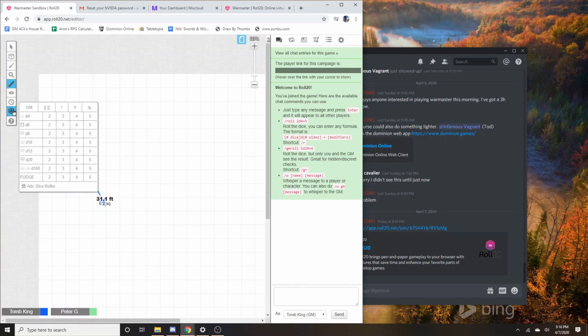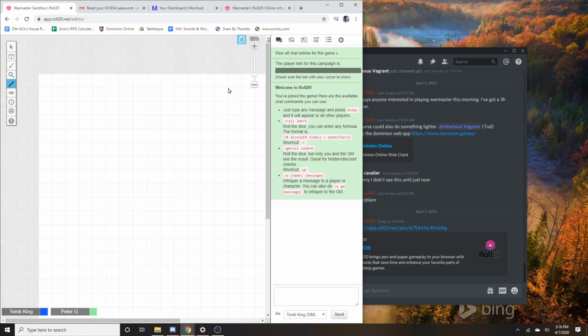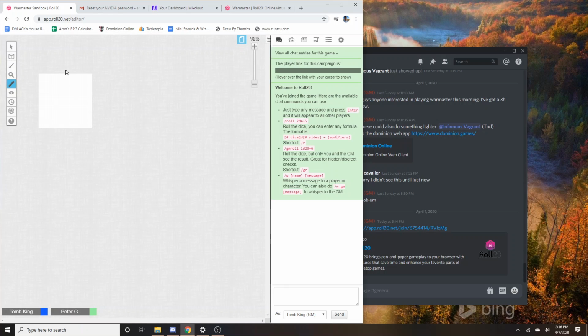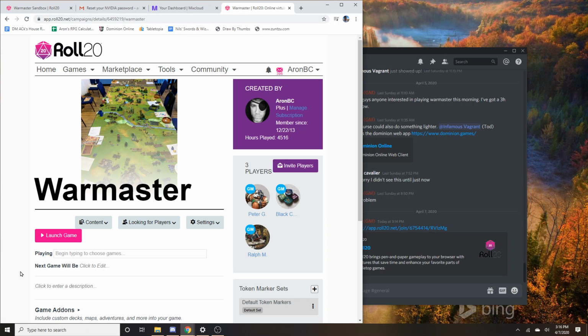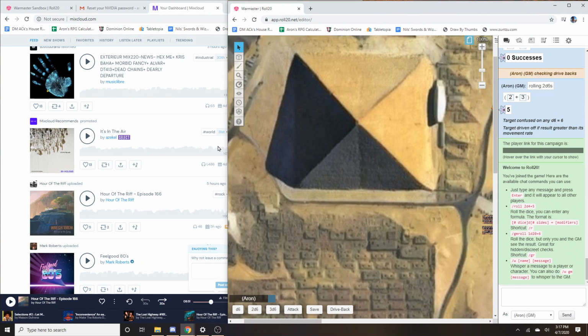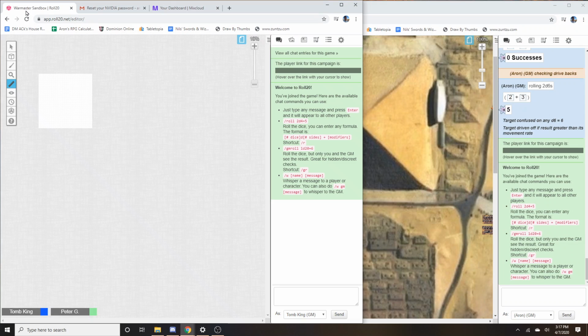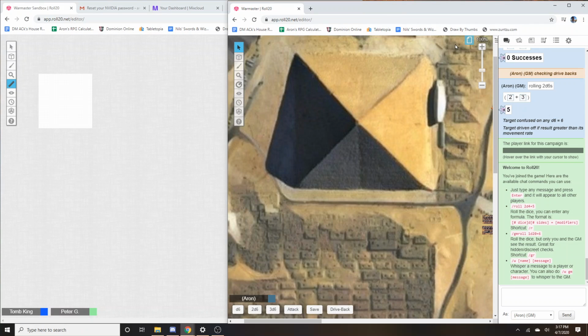a die roller tool. We're going to take advantage of some macros in our game. So we need to set this gridded table to something that's consistent with a Warmaster design, consistent with a metric unit of measure, and consistent with the graphics that have already been created for this table. I'm going to rely on what I've already done in my Warmaster game. It's really just a copy and paste. I'm also going to publish an article around this so that others can do this offline or take their own learnings